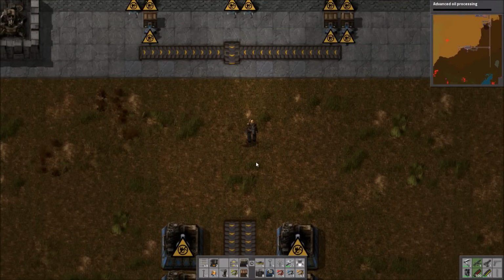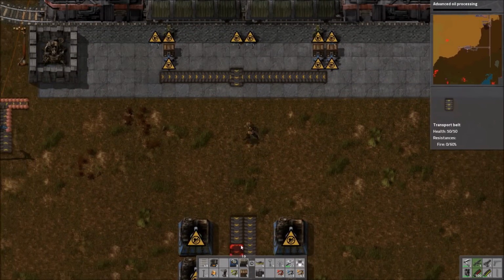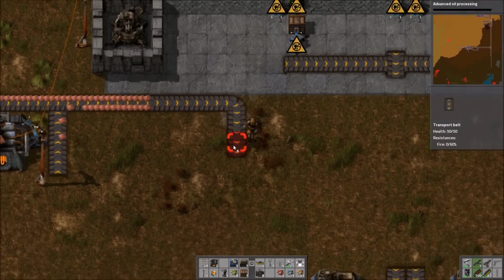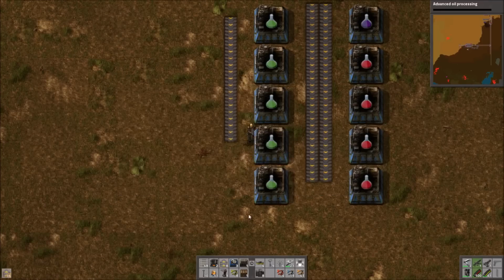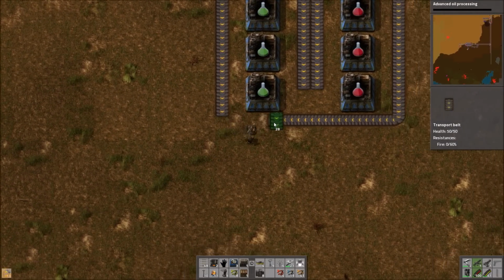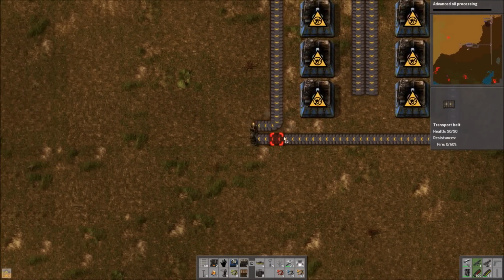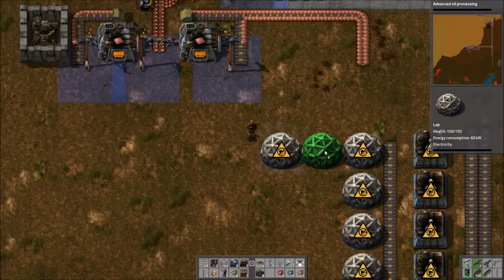So I set up my basic column. It's got 5 assemblers for green signs, 4 for red, and 1 for alien. That usually seems to work out. Sometimes you need a second one for alien signs, but that's usually because I put productivity modules in the alien signs, so perhaps I won't need it this time. And then for that, we're going to have 10 labs, and this is the ratio that usually works out